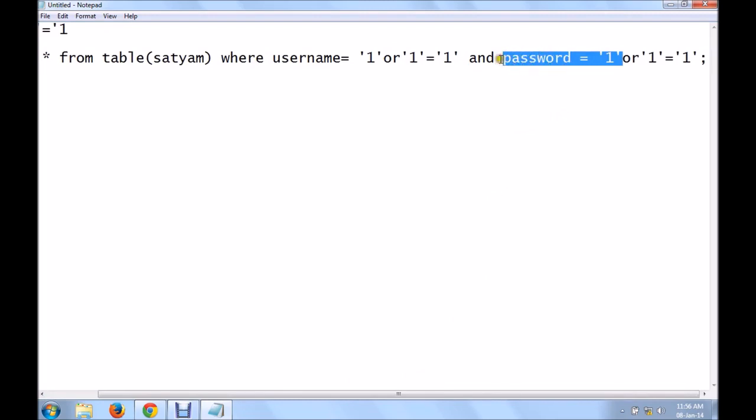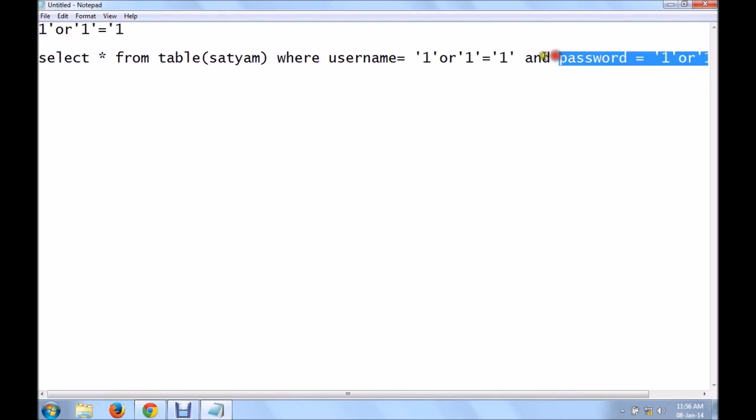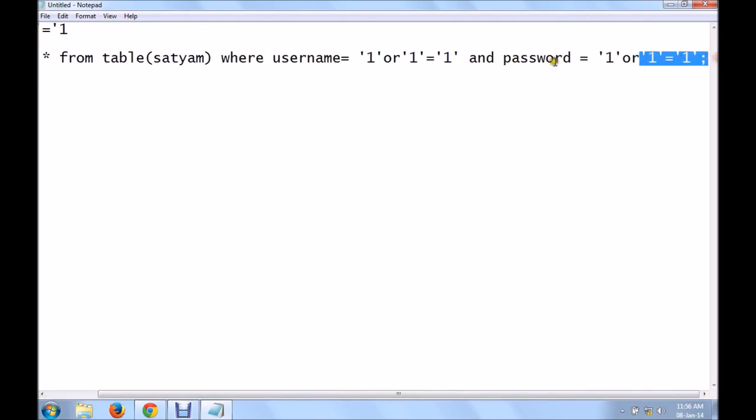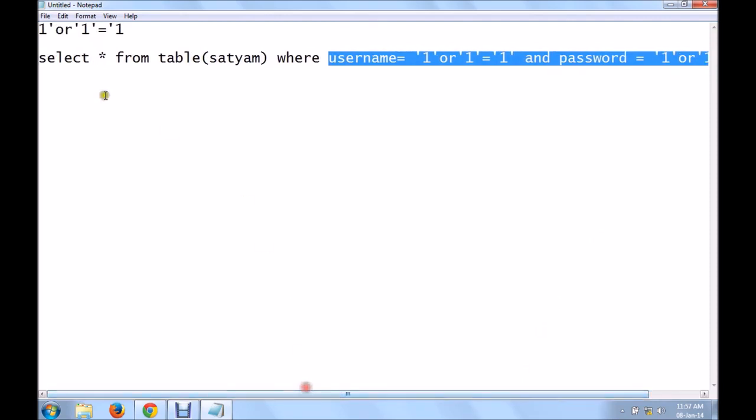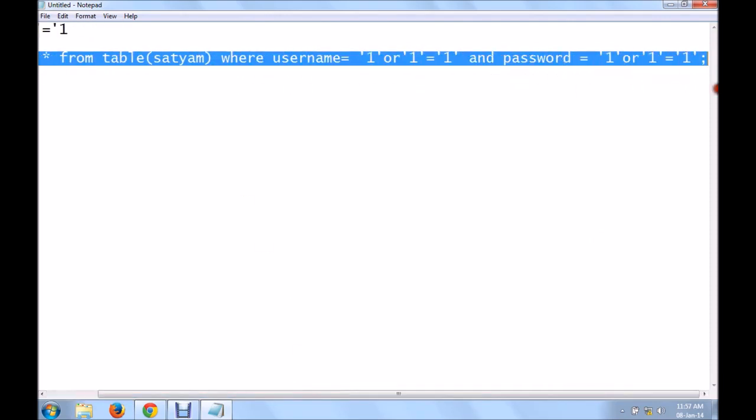Again the same, they are not having any password which is equal to 1, but we are putting the same OR clause over here. Again 1 is equal to 1. It means this is satisfying this condition too. Now all these records, all this data, are satisfying both of these conditions. The whole query becomes true.